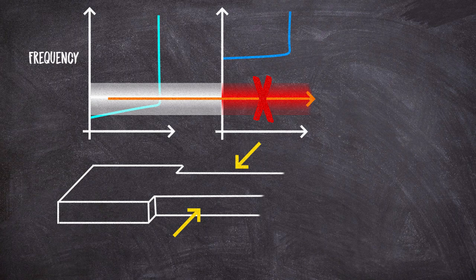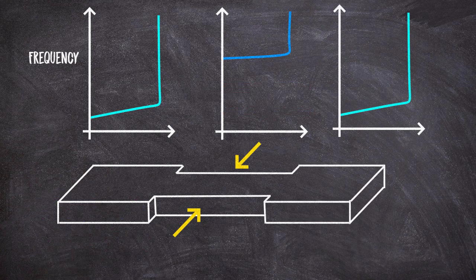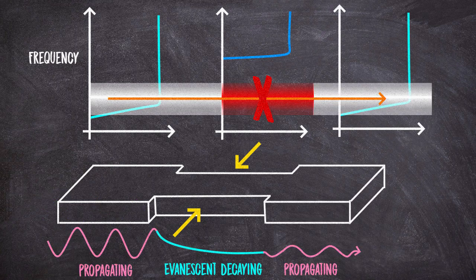For such a mode, what happens? Well, it's perfectly reflected at the interface between the two waveguides, and you get no transmission. Nothing comes out the other end with that frequency. That is, unless the second waveguide section is actually quite short. Because as we've learned, there will still be an evanescent field in the second waveguide, and so if it's very short, the mode can evanescently couple, and the wave can still partially transmit.